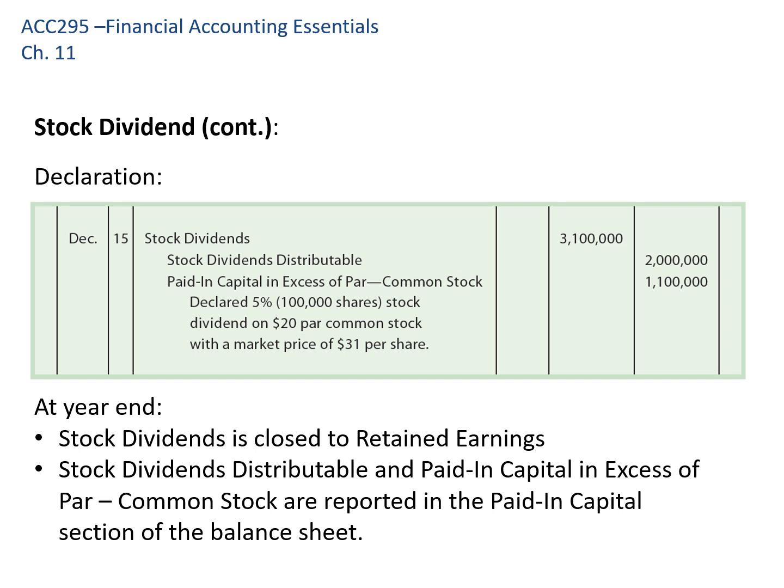So for that entry, when we declare the dividend, we're going to debit stock dividends, which is an account just like cash dividends. Normal debit balance resides in the equity section of the balance sheet. In this case, it would be right next to common stock. And then at year end, we're going to close that out to retained earnings just like we do cash dividends.